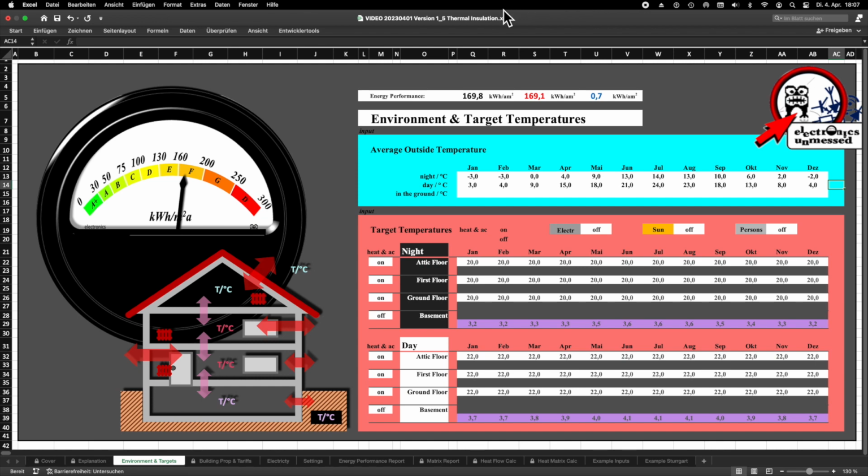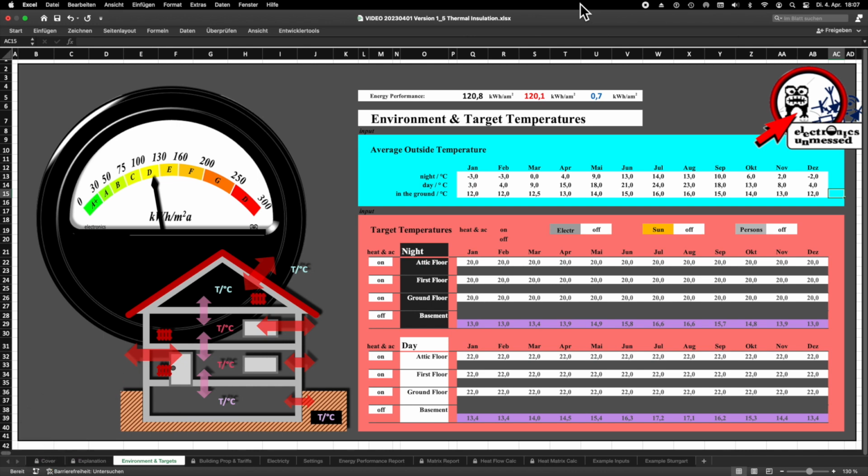What we are still lacking is the temperature in the ground at a depth that corresponds to our basement. We can also find information about this on the internet. In Germany, the temperature in the ground varies between 12 and 16 degrees throughout the year. I use this to estimate the temperature profile over the month and entered it here. In our example, we use a building like there are many in Germany. I will explain later on how to precisely enter the wall areas, window areas, thermal insulation coefficients, etc.